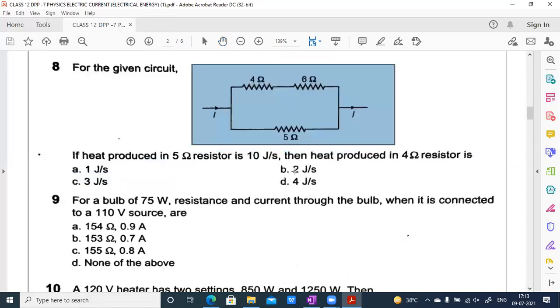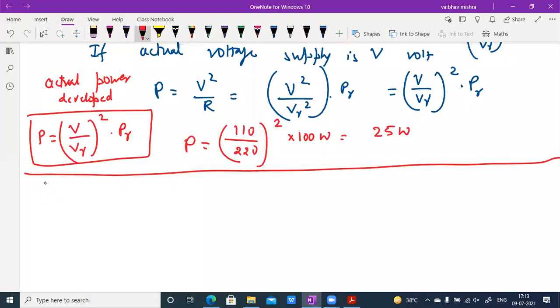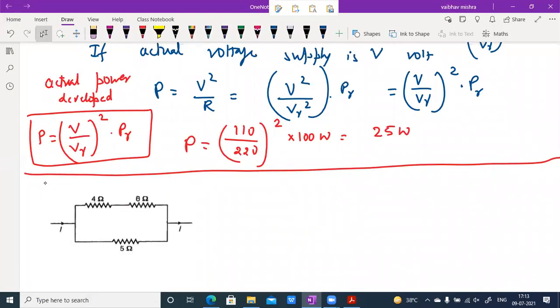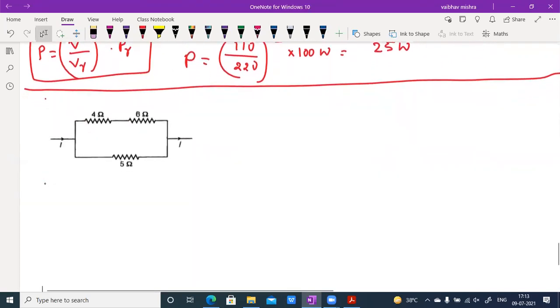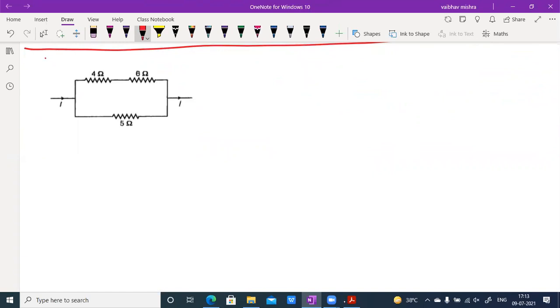पावर क्योंकि जूल पर सेकेंड है, पावर का फॉर्मूला हो गया I स्क्वायर R। Power is I squared R. So the resistance is 5 ohm. उसमें पावर के लिए हम पहले करंट डिवाइड कर लेते हैं। In the parallel branches the current gets divided in the inverse ratio, so जैसे ऊपर I1, नीचे I2, ऊपर का रेजिस्टेंस R1, जब हम करंट डिवीजन